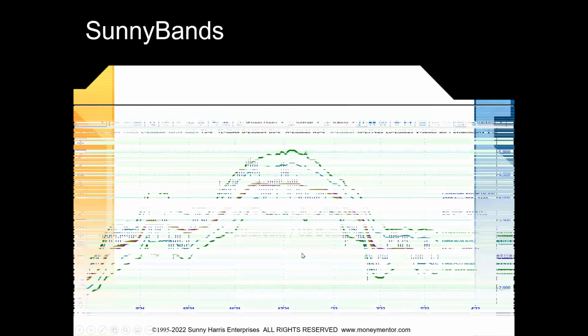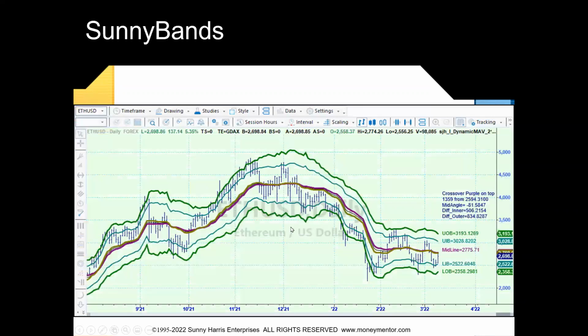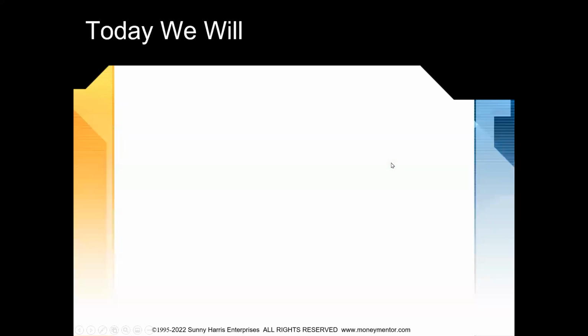Around that, I put 2 sets of bands, upper outer and lower outer, and you can see that price gyrates from the low up to the band, down to the low, up to the high, down to the middle, over and over again. I'll be telling you about this later, but when it's flat like that, that's a no action sort of thing. You don't want to take action while the DMA is flat.